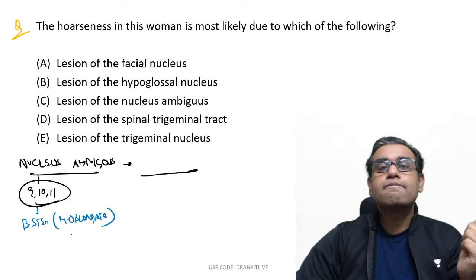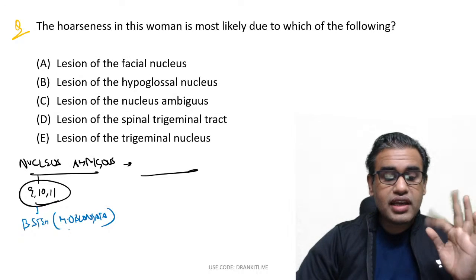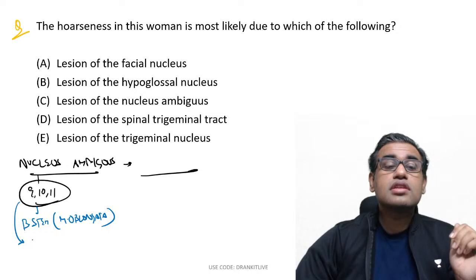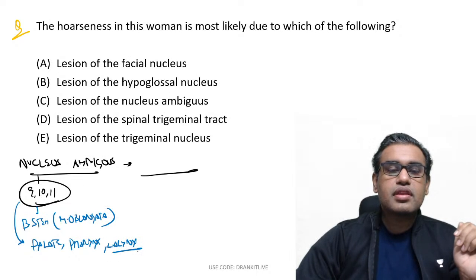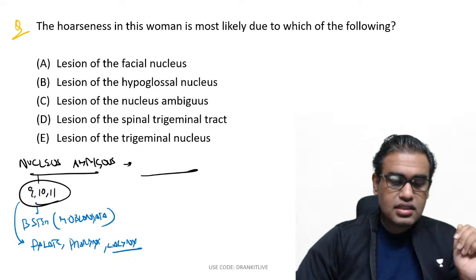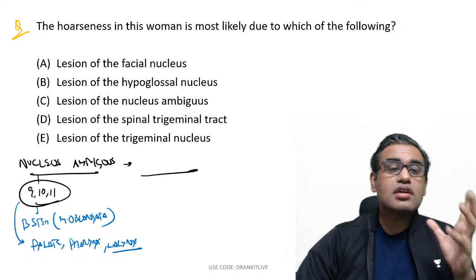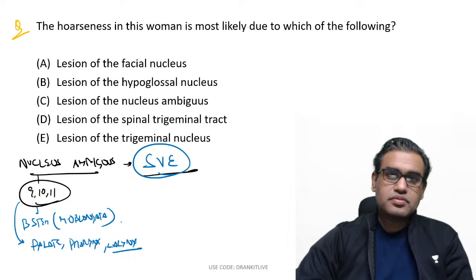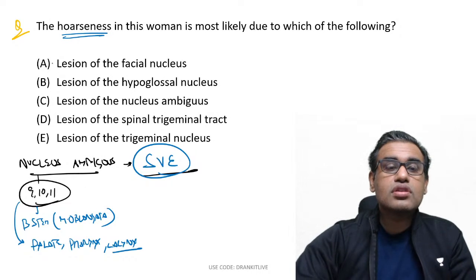Point number 1 is that nucleus ambiguus is for the 9th, 10th, 11th nerves. Now which cranial nerve nuclei column? Yes, the vagus nerve is a part of it. It is supplying the muscles of the palate, pharynx and also larynx. Remember the pharyngeal arches? So this is a cranial nuclear column for the pharyngeal arches. Which nuclear column is it? It is your special visceral efferent column. So as it is supplying the muscles of the palate, pharynx and larynx, the lady is having hoarseness.